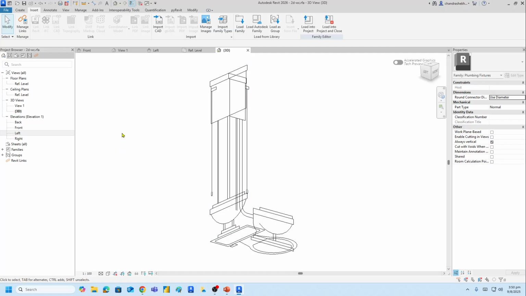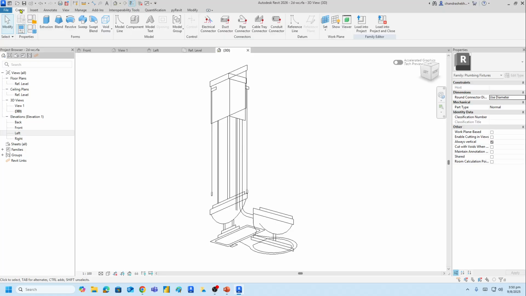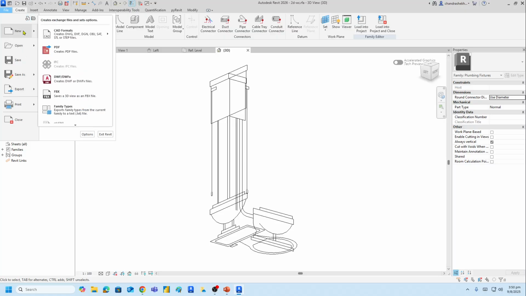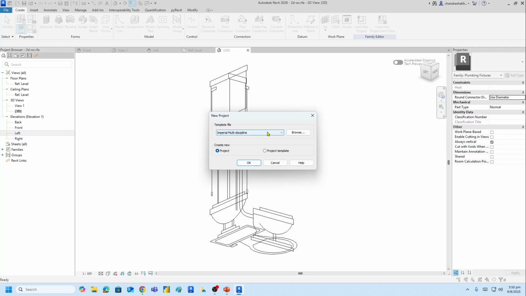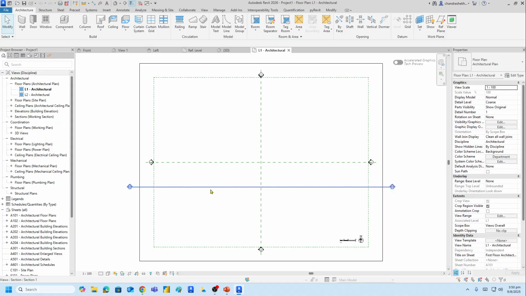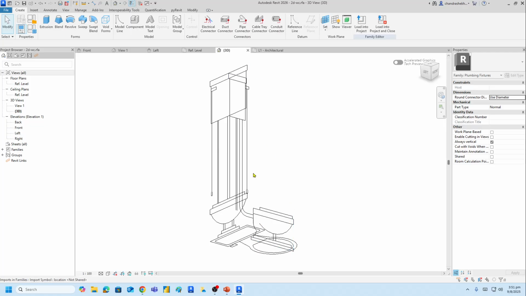So now let's insert this into a project by clicking on Load into Project, but we don't have a project open. So we need to create a new project. So I go to Create under the File, click on New, and then I choose Project. And I select a metric multidiscipline or even metric architectural, doesn't matter. Drawing we can select, project we can select, and now I'm going to insert this one into this